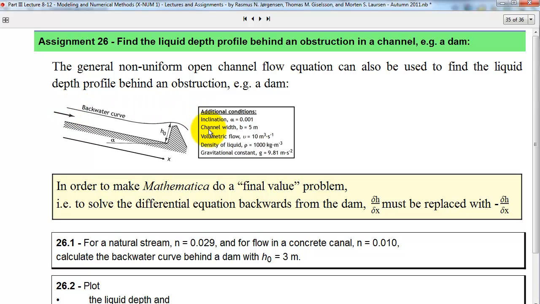When you do the calculation, you need to replace this part with this part, and that's it. You just reverse the whole system. And then you have to calculate with these initial values,